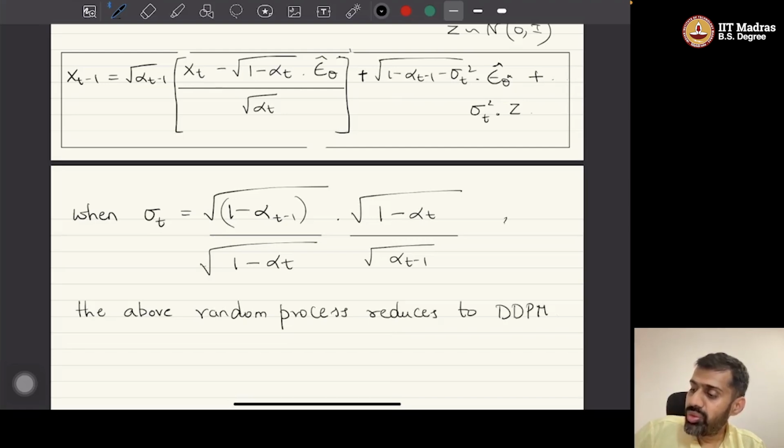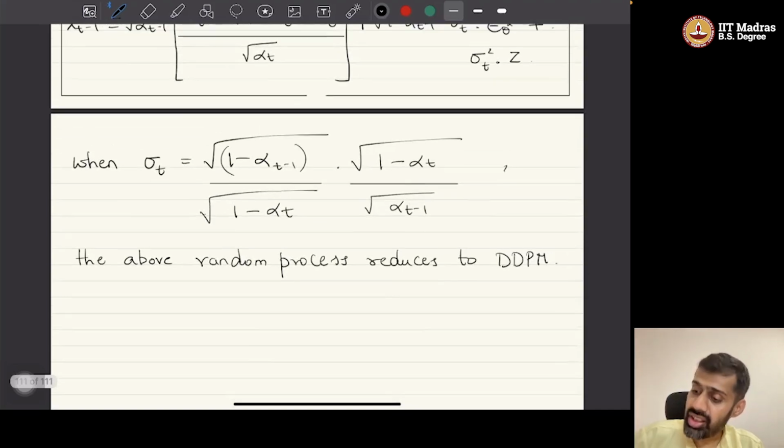Okay, so which means that DDPM is a special case of this family of models with sigma taking a particular value. That means that while you are training a DDPM, you are of course training a DDPM, and you are also training a much larger family of models. So that is the idea. This is another special case. Okay, so when